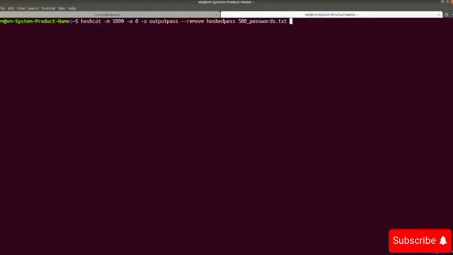So let's go ahead and take a look at it. We are going to be using hashcat with this mode, which is basically Unix type 6 password hashes. The -a 0 means that we are going to use a dictionary attack. The -o means that we're going to put the output in this file, and then the remove is basically going to remove each hash that is found from this file. And we are going to be using this dictionary, this file that contains a lot of passwords in it. So if we press enter,